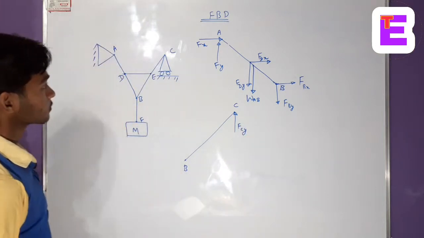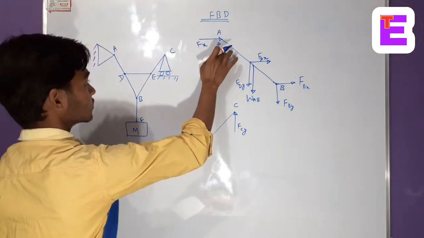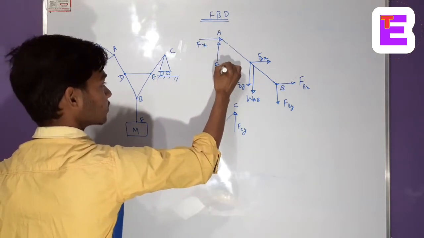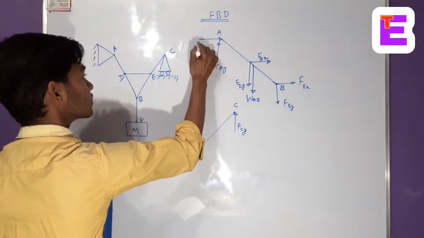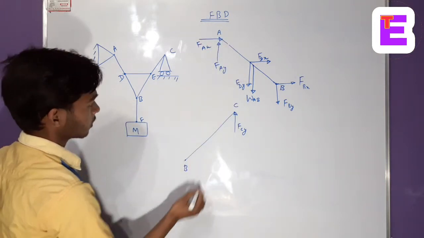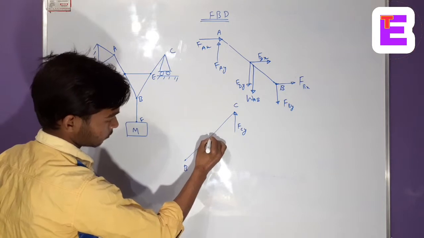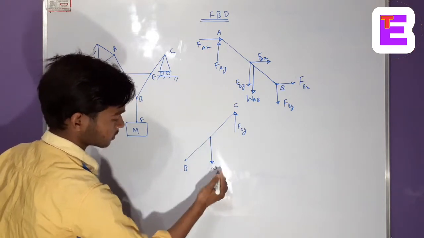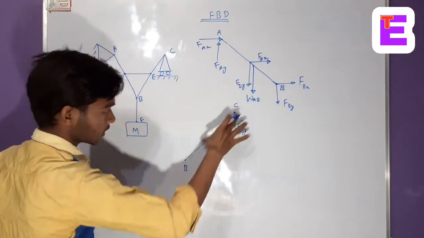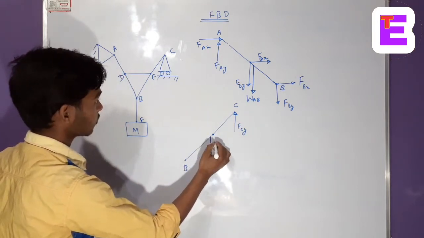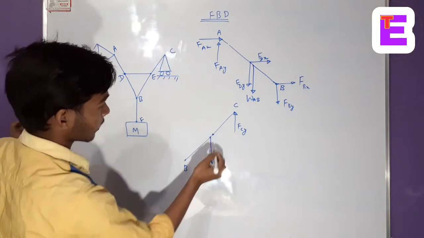Okay, and it is basically at the point A, so I can write FAY, and this is AX. Okay, now WB, W, that is WBC, due to its weight, and at point E, say this is our point E, and as